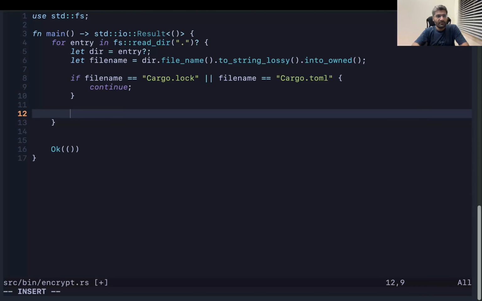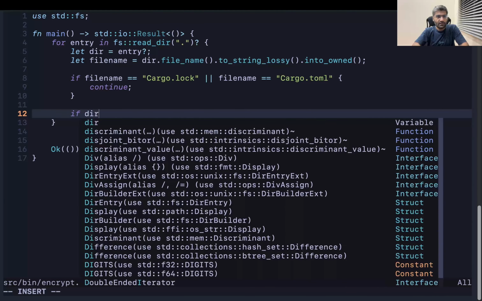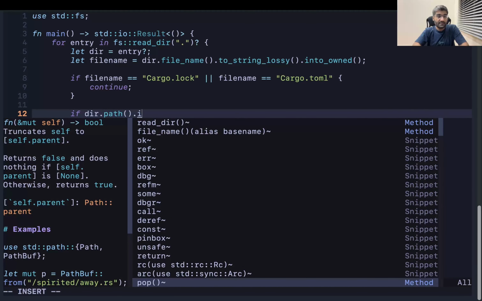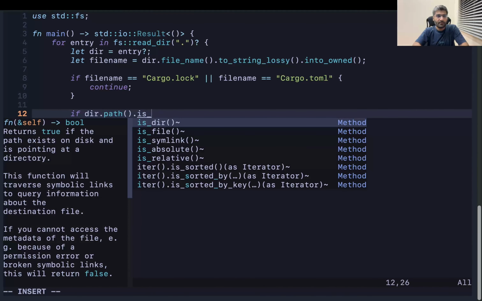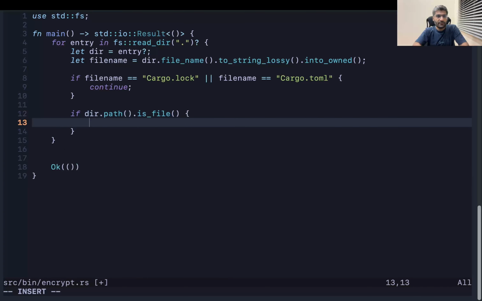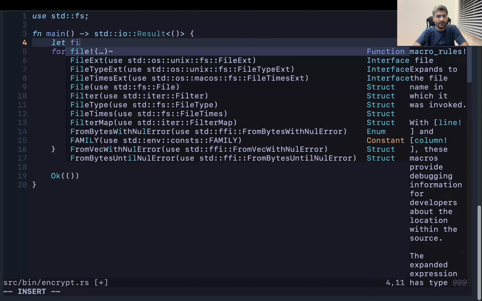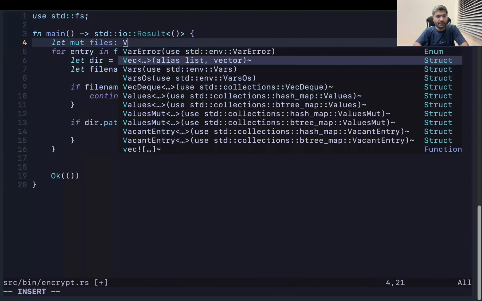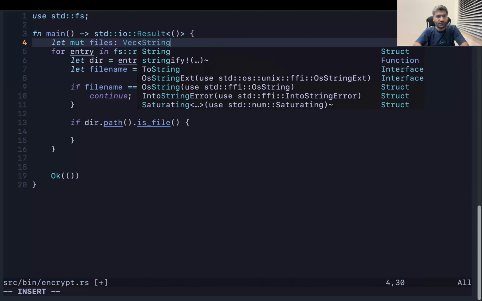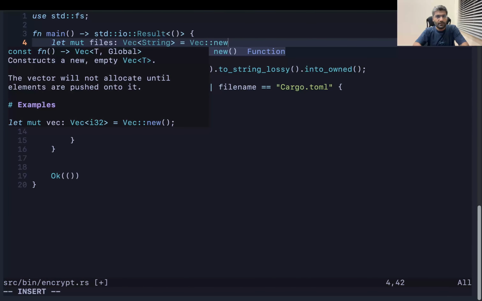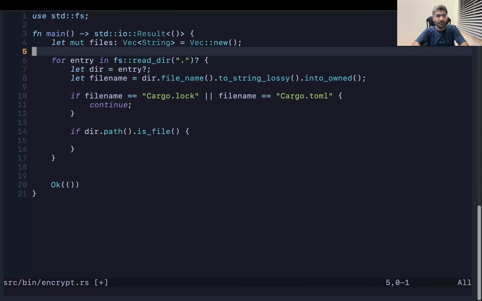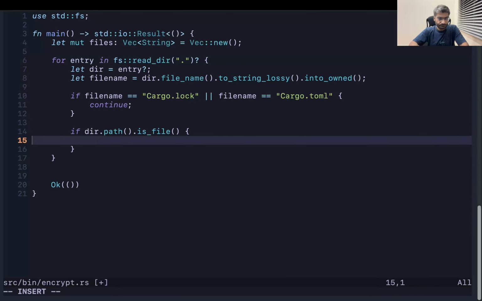Now there will be another condition where we check if it is a file. We need a variable, which will be a mutable variable called files, a vector of String, new. Okay, and we will simply push the file name. Okay, so let's